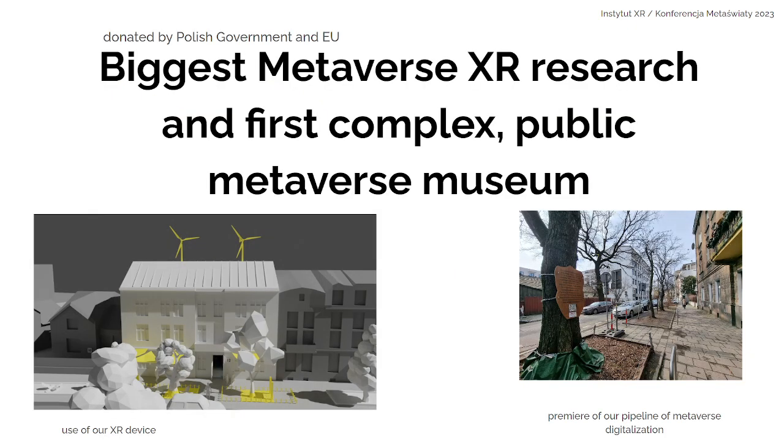So that's our idea, because right now we are approaching to have the biggest metaverse XR research and make something like an implementation and the first complex public metaverse museum, and it will be based in Krakow. It will be partly based on the Kazimierz old Jewish district, and also on a street. And it will be something like a very complex approach. So every user's mobile device will be included, and also devices that you can bring from the museum will be included. So it will be a really big, at first, exposition place